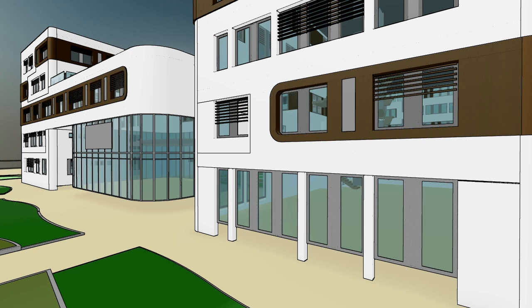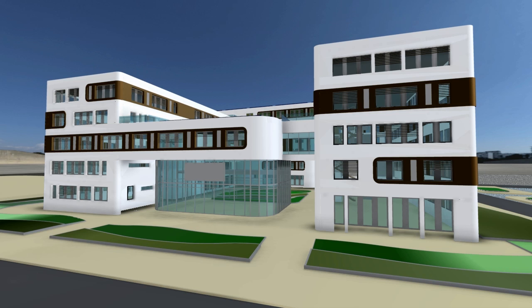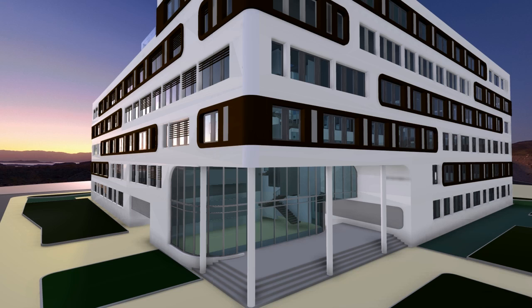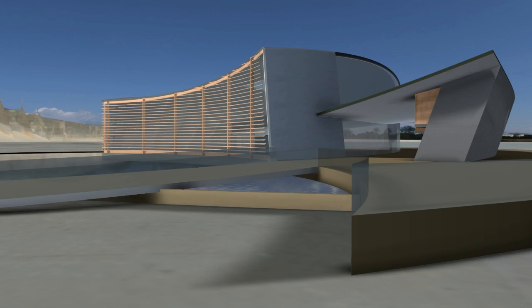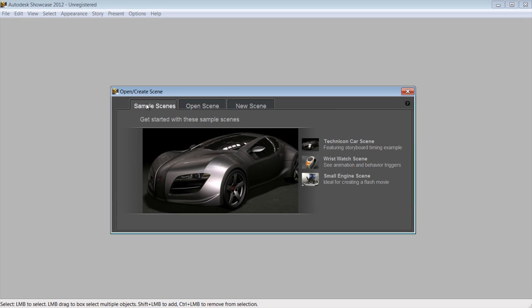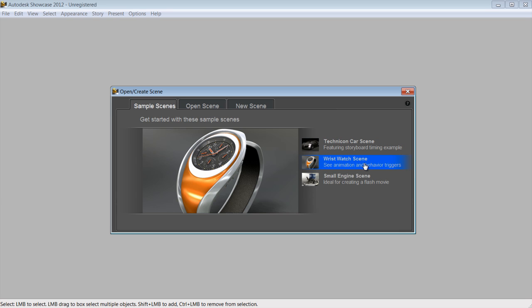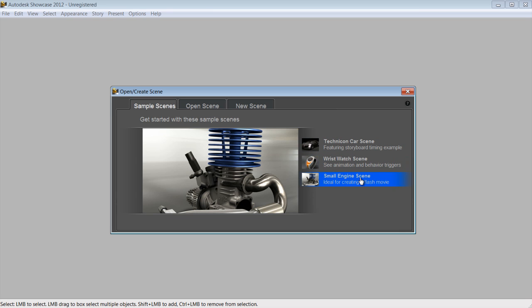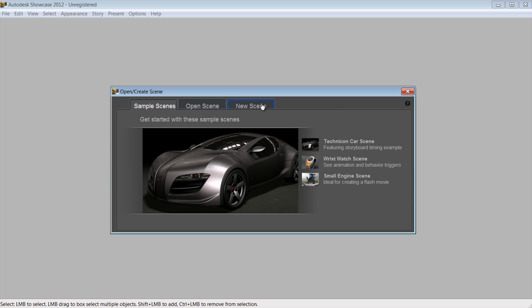Autodesk Showcase 2012 real-time 3D presentation and rendering software enables architects, interior designers, and principals to transform their design into compelling imageries, movies, and real-time presentations. Let's see how you can automatically turn your architecture design into real-time presentation that you can use for reviews and